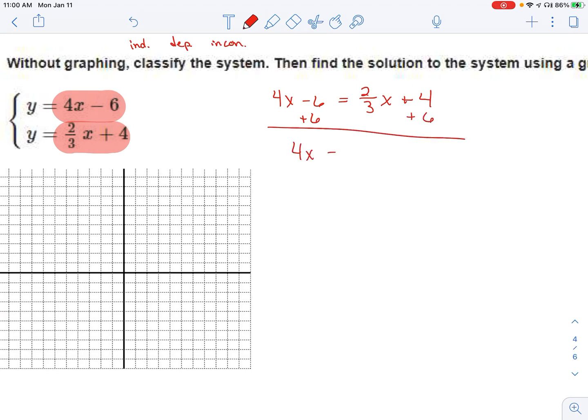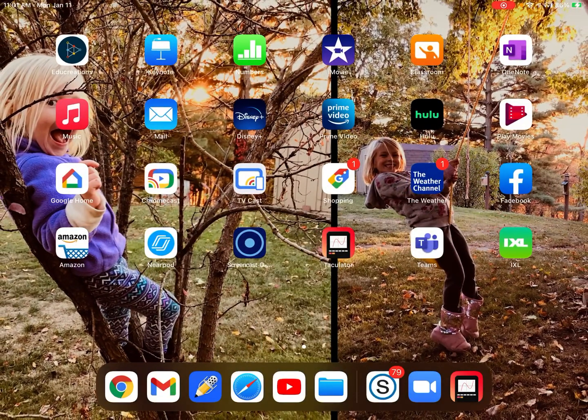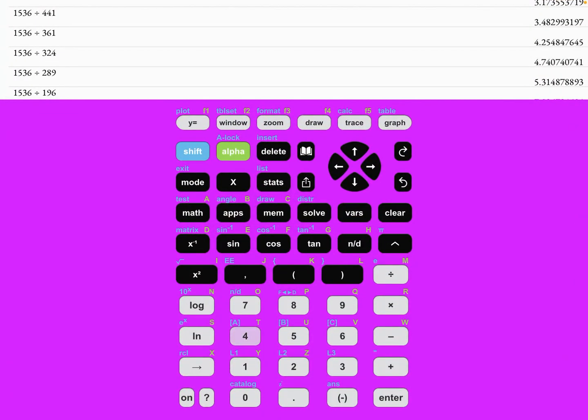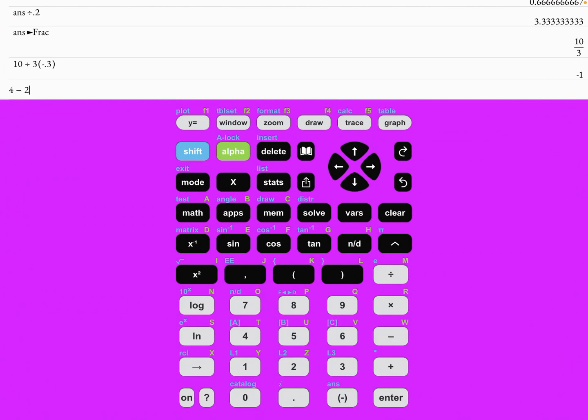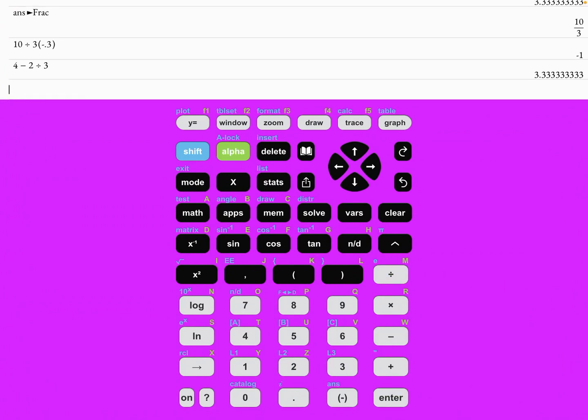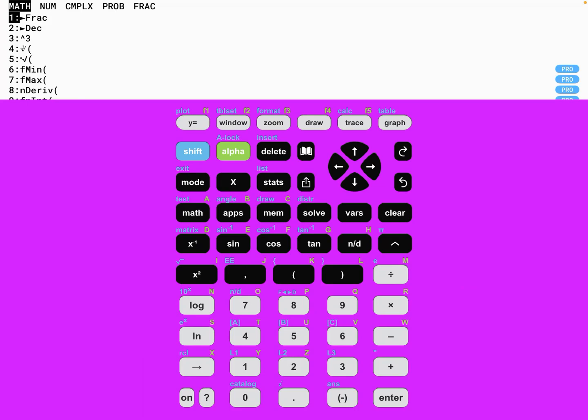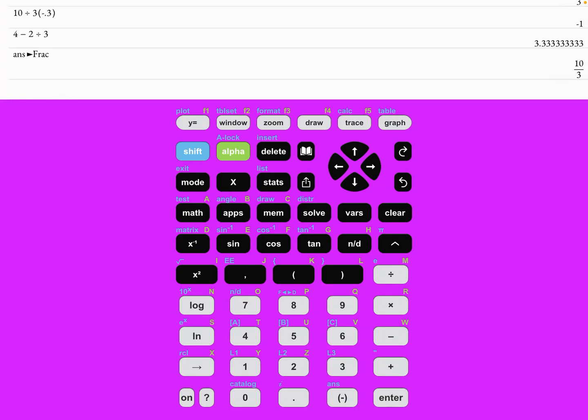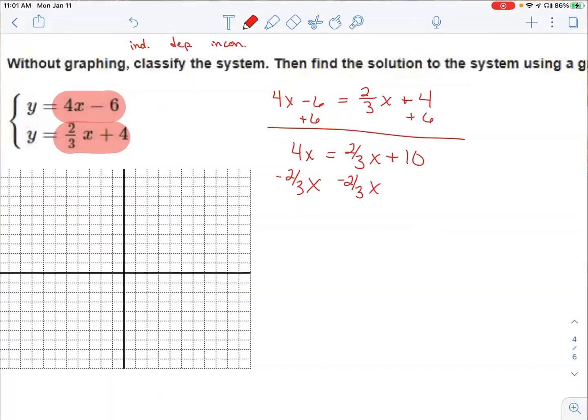4x equals 2/3 x plus 10. I'm going to subtract 2/3 x. Now, if you're not sure what 4 minus 2/3 is, and you got your calculator, you can do 4 minus 2/3. Definitely change it to a fraction, so 10/3. So that's